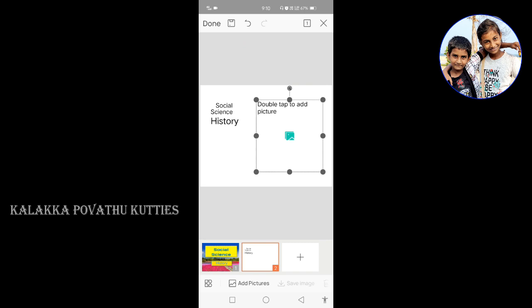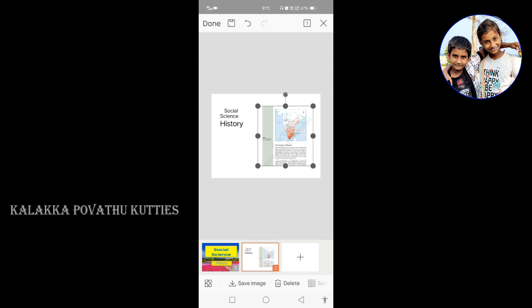For this, I have given a closer look at the class, that is page 22 in the history book. I have given that page in this, and I am going to give a wallpaper for this.